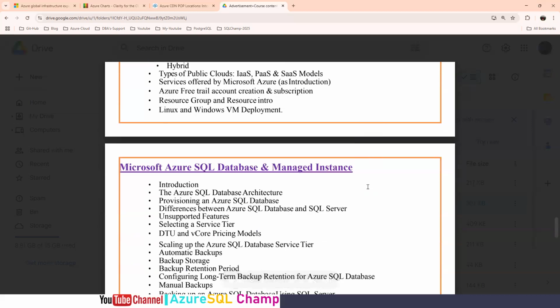Now we are calling it Entra ID. Earlier we used to call it Azure Active Directory, but we are calling it now Entra ID. So how Entra ID is working, how to grant the permission, how to enable multi-factor authentication. So we'll talk about it by comparing with SQL. But one of the most important concepts is the storage account.